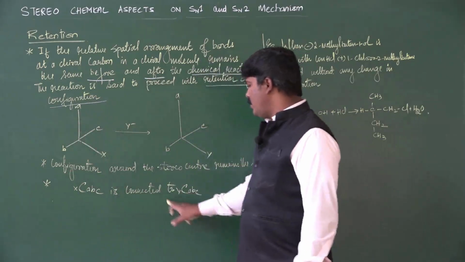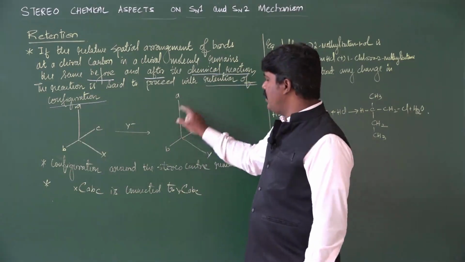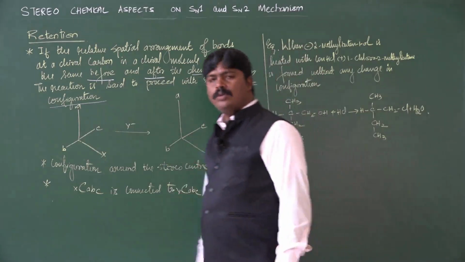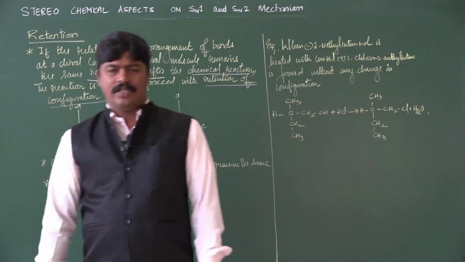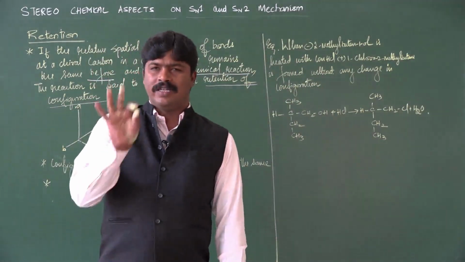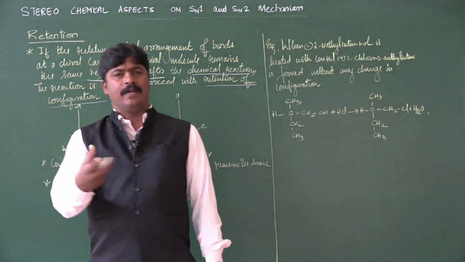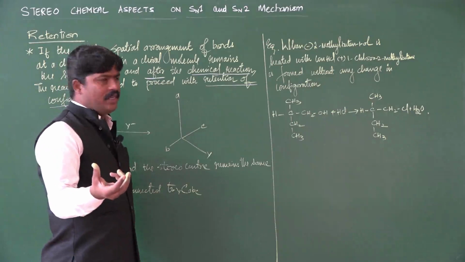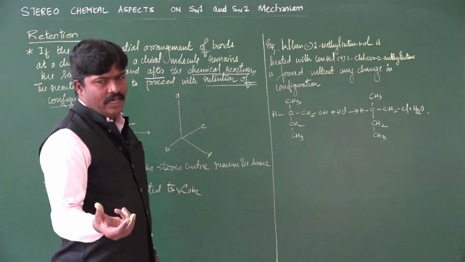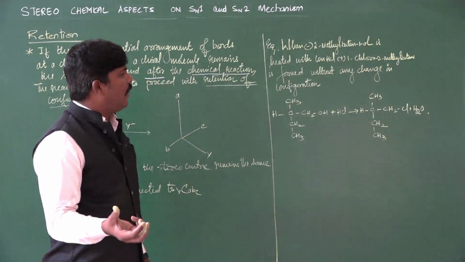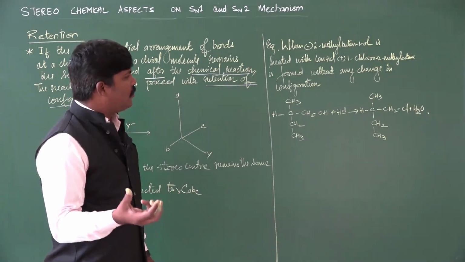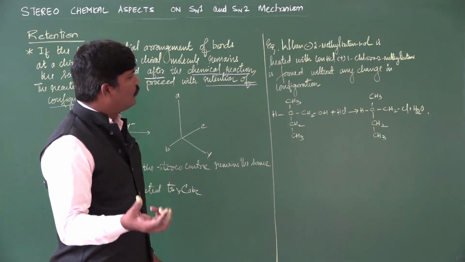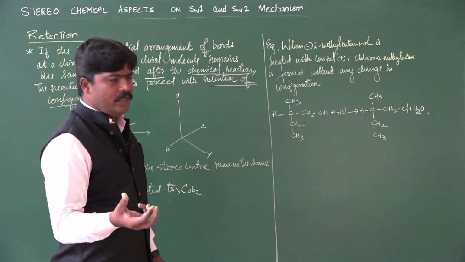X-C-A-B-C is connected to Y-C-A-B-C. Y has replaced X without changing the configuration around the stereo center, around the chiral carbon. It remains the same. Let me give an example to you. If I take an example, the minus sign shows it is levorotatory. Minus 2-methyl butan-1-ol is heated with concentrated HCl,